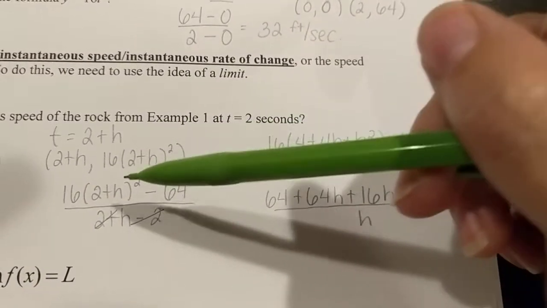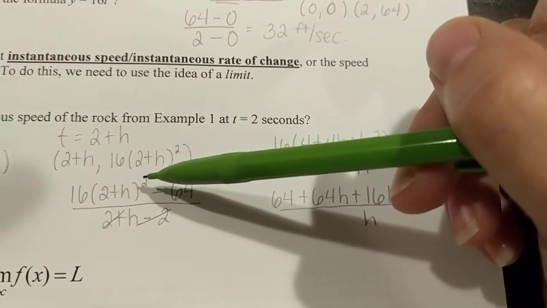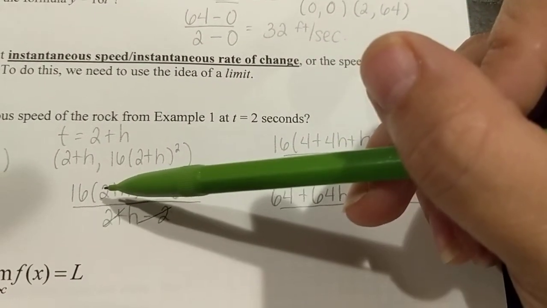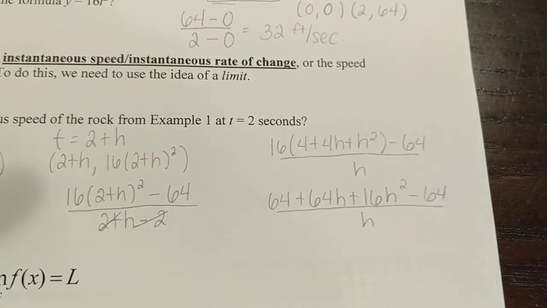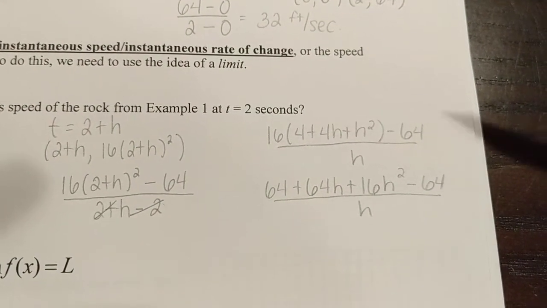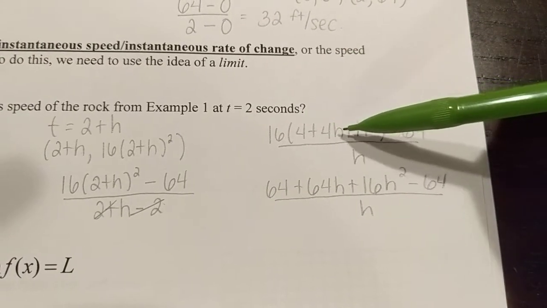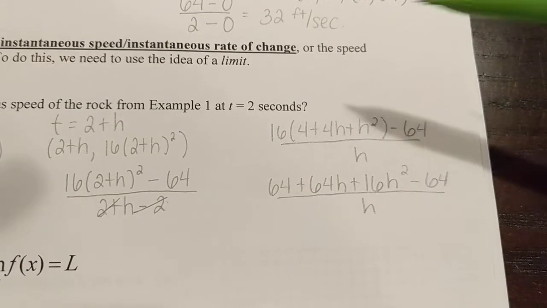All right, so when I do 2 plus h squared, we have to be really careful to not just call it 4 plus h squared. We have to actually do some distributive property. It's 2 plus h times 2 plus h, so we get 4 plus 4h plus h squared. And then I